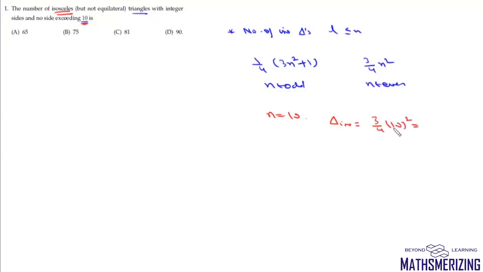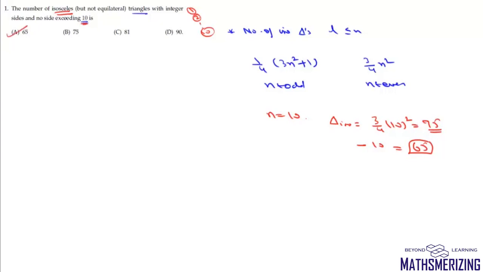So there will be 100 by 4, 25. 25 into 3 is 75. So the total number of isosceles triangles will be 75. But then we need only isosceles and not equilateral. So that means from these total 75 cases, we have to subtract all the cases when this triangle is equilateral. So this triangle can be equilateral with side 1, with side length 2, up to side length 10. So from these 75 cases, we need to remove 10 cases. So the total number of triangles which are isosceles but not equilateral will be 65, and that's your option number